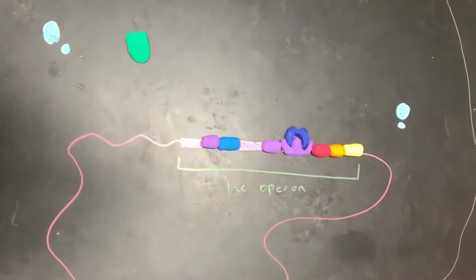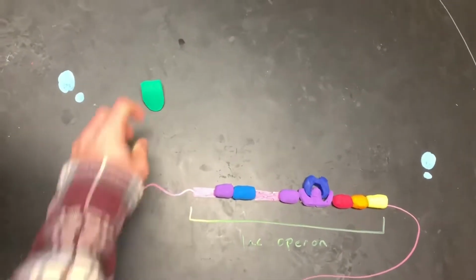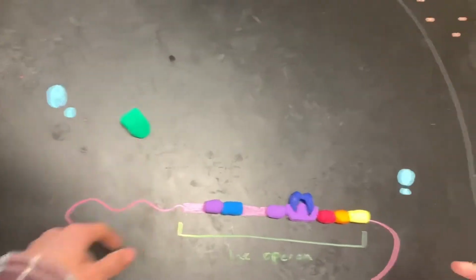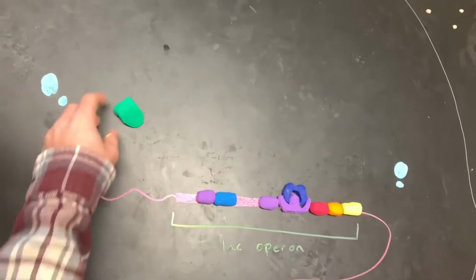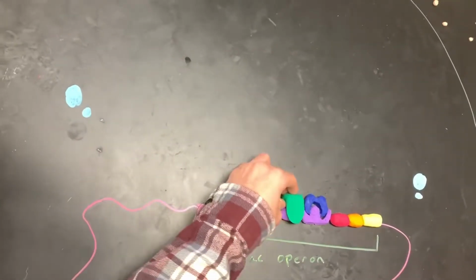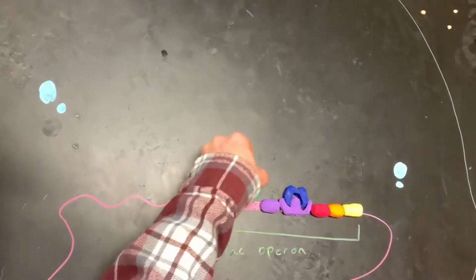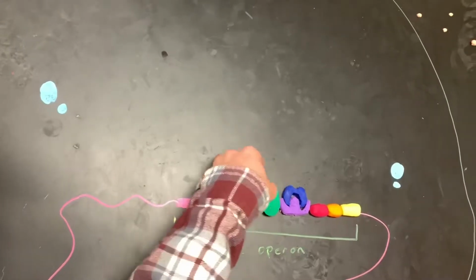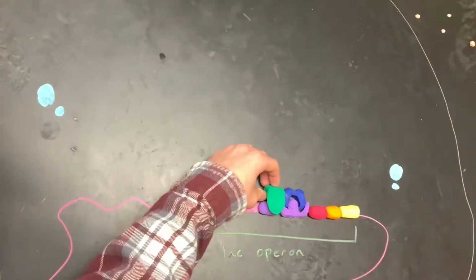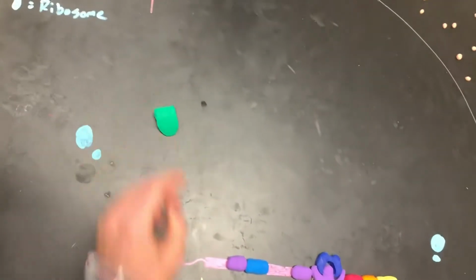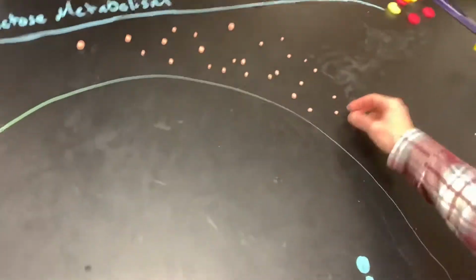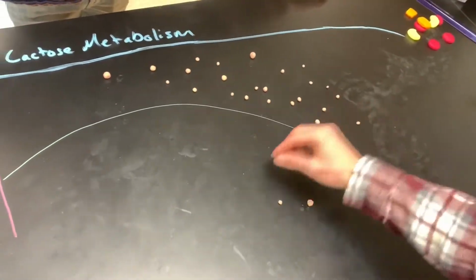Alright, so running through the process of this operon, initially proteins aren't being made because RNA polymerase cannot access the genes. It attaches to the promoter, but then it can't get past the promoter because the repressor is there. So when high concentrations of lactose are in the cell,